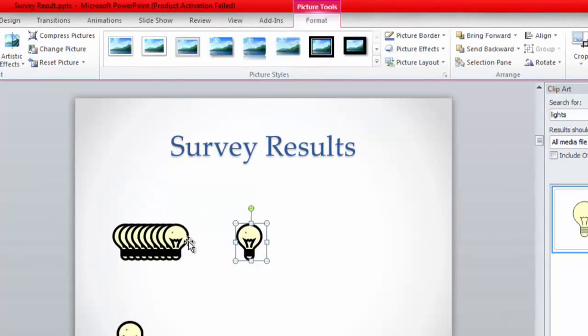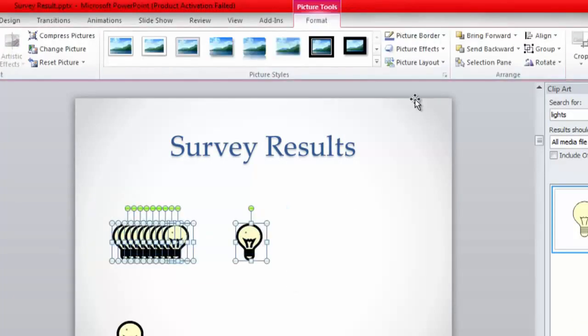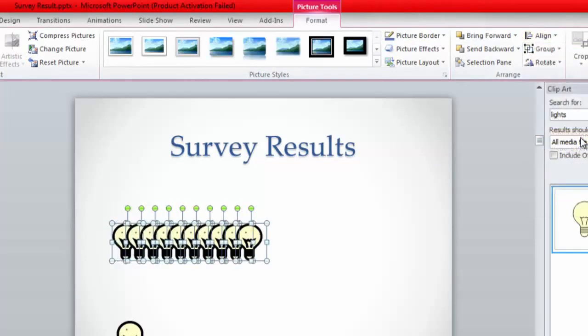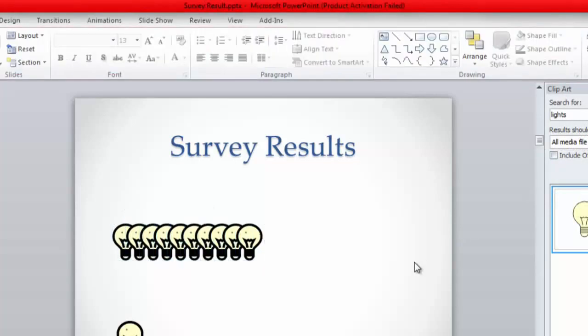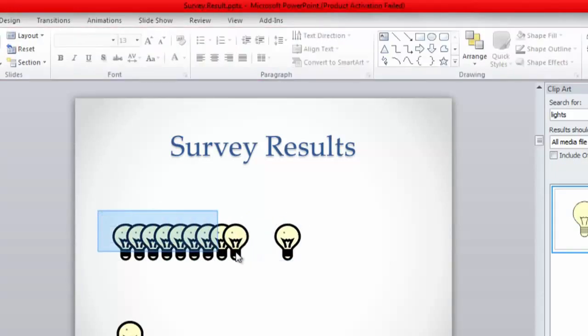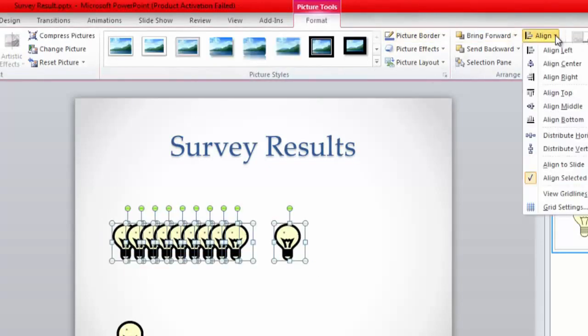I'll separate one image here, and once again I'll select all the images. I'll click on align, and there is an option here, distribute horizontally. Now once again I need to make some space here. Once again align and distribute horizontally.